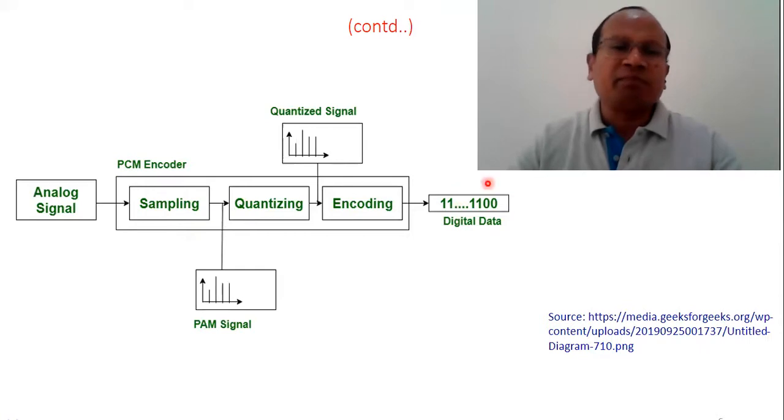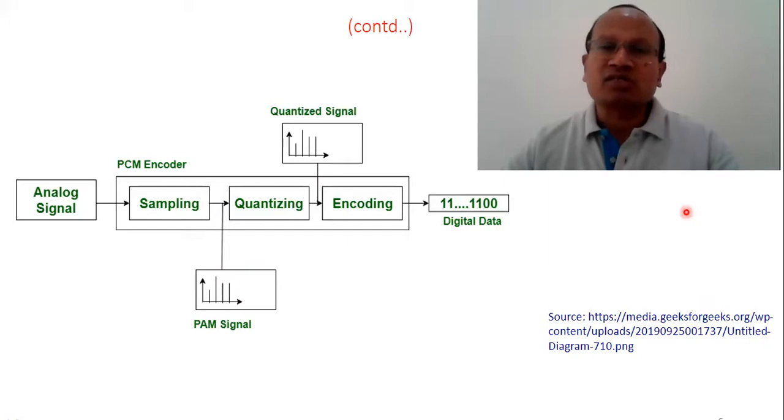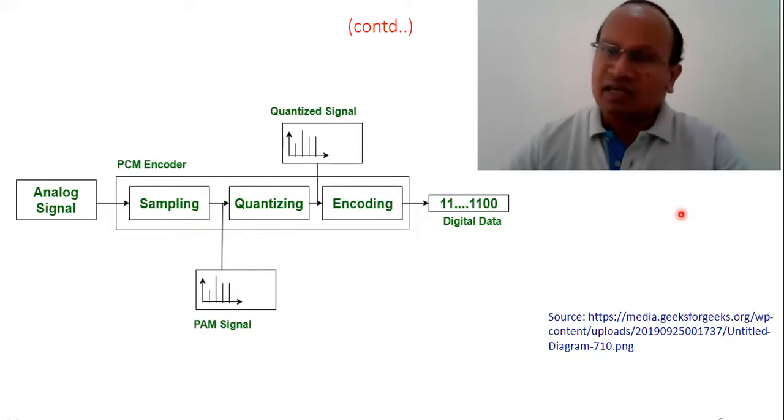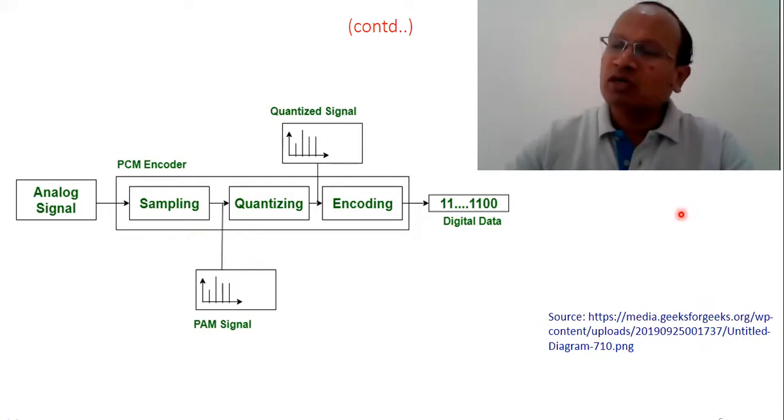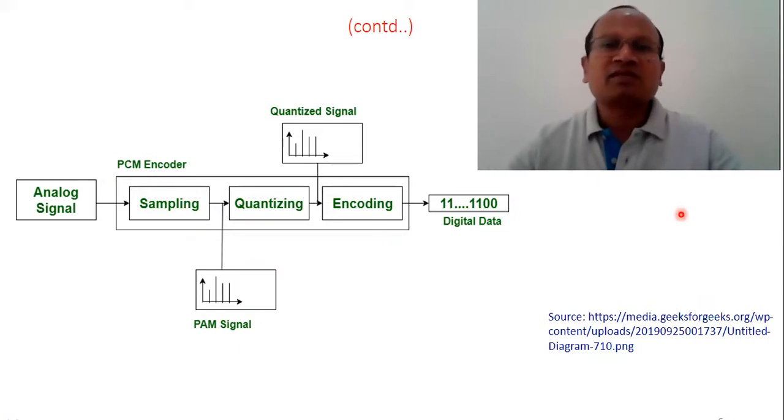So this is one simplified form of the PCM method, where we can see that the analog signal goes to sampling. This block diagram is completely called PCM encoding, where sampling converts the signal into PAM. It goes to quantizing, where the signal is quantized, then it is encoded, and we get the signal in the form of ones and zeros, streams of bits called a digital signal. So this is about your PCM signal.